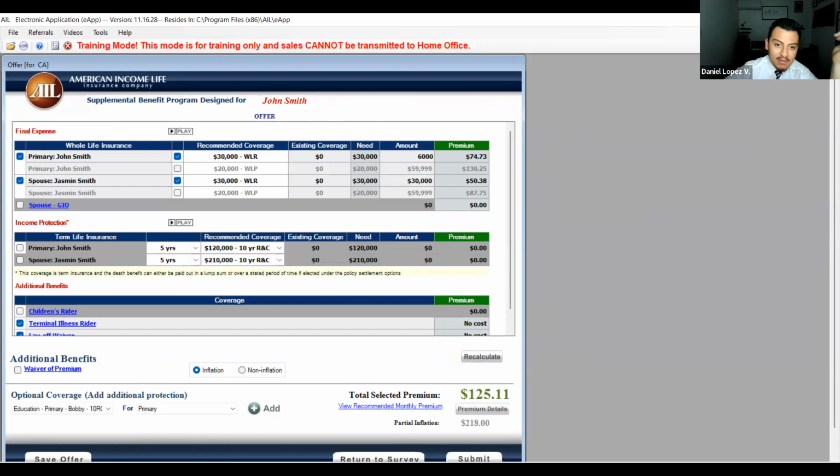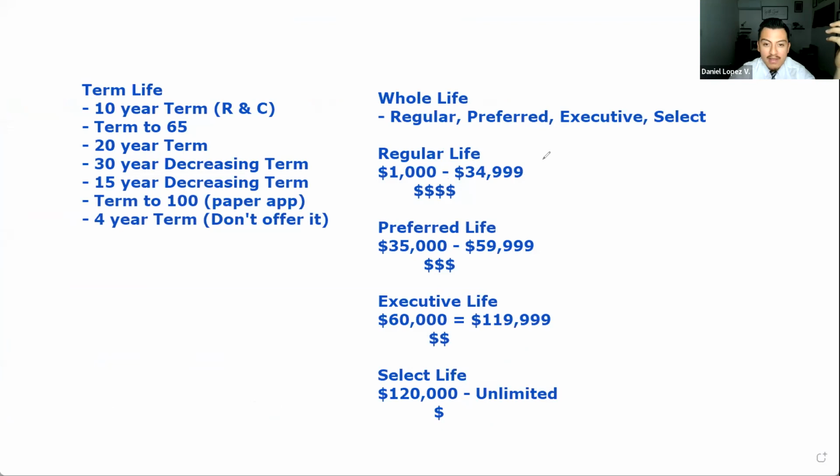$1 more to 60,000, so as you can see, 218 to 188. Which one would you rather buy? The 189. Okay, so that saves them basically $30. $30 difference, and you added $1 more to their coverage. So you guys understand why putting them in a better bracket gives them a better price? $1 more from this one to this one, they reduce it by $30 what they pay a month. That will definitely help you.